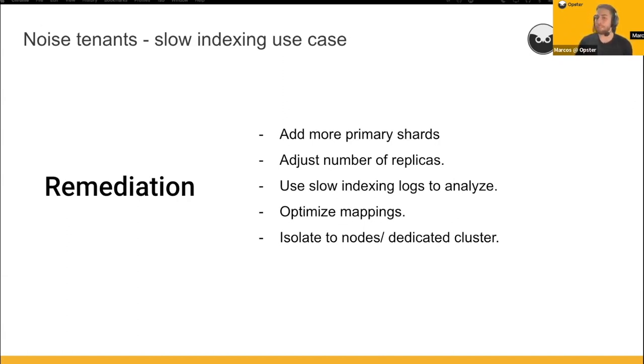Still, depending on the use case, you will need to create a new index or roll over it with the new settings. Adjust the number of replicas is another remediation. A replica shard is for data failover, and it can also increase the throughput per second for search use cases when you have hardware for that. And it also helps you to decrease the latency when you have more replica shards, because just to give you